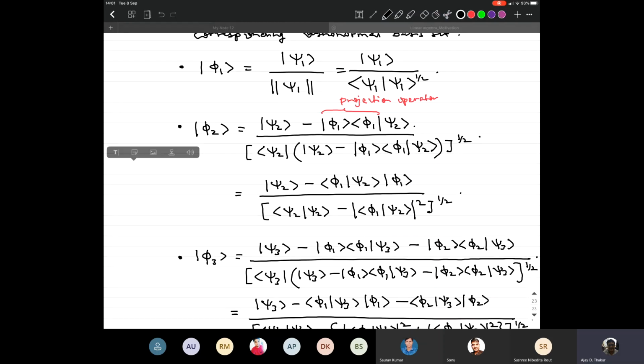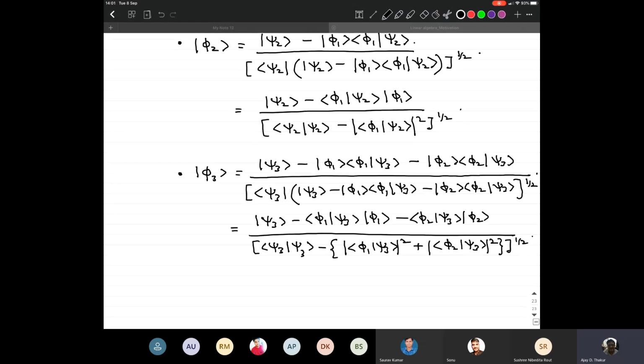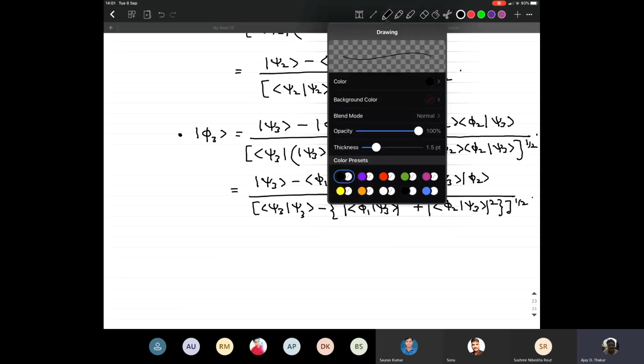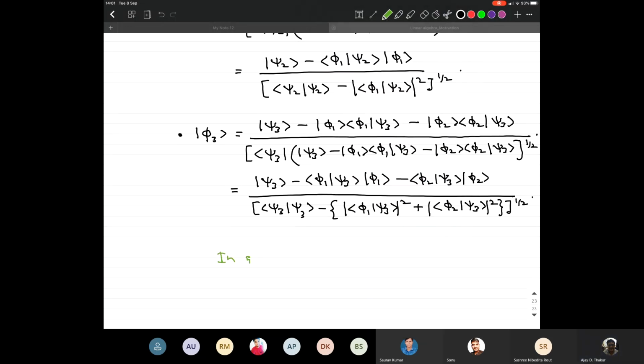Now it may happen that instead of only 3 vectors, because this is fairly general expression, right? In general, you may have a lot of vectors, say k vectors, right? And in that case, you should be able to generalize this into an expression. So let me just mark it in a different color because this is not applicable here. So in general, if there are more vectors, then phi k is going to look like psi k